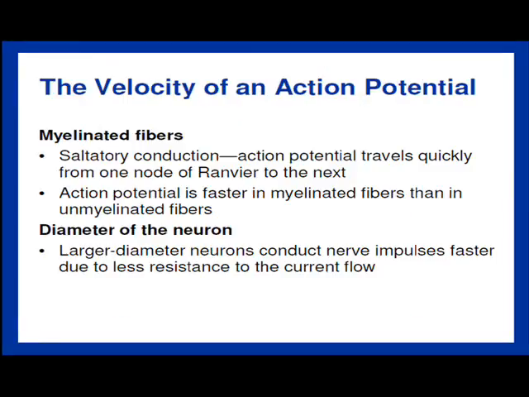Okay. The velocity of an action potential depends on a certain factors. Myelinated fibers. You saw that myelin before that wraps around the neuron. There's gaps in the myelin sheath. Those gaps are called nodes of Ranvier. Okay? So, if you recall,